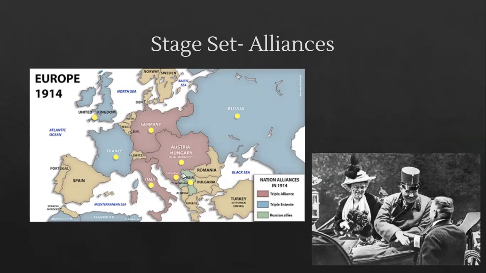Now, that's where it should have just ended. It should have just been one of the other many little Balkan conflicts, right? But what happened was Serbia was allied with Russia, okay? So when Austria declared war on Serbia, Russia declared war on Austria. Well, remember, Germany was Austria's ally. So Germany declared war on Russia. Well, France was Russia's ally. So France declared war on Germany.